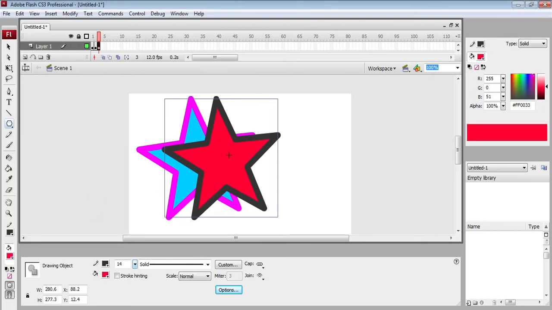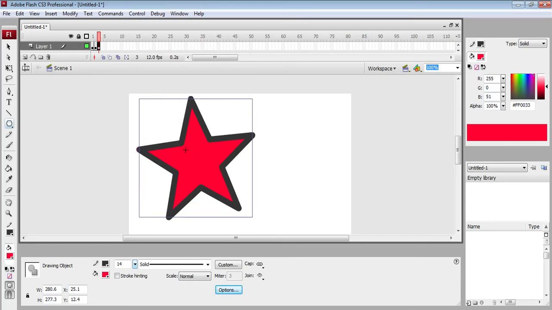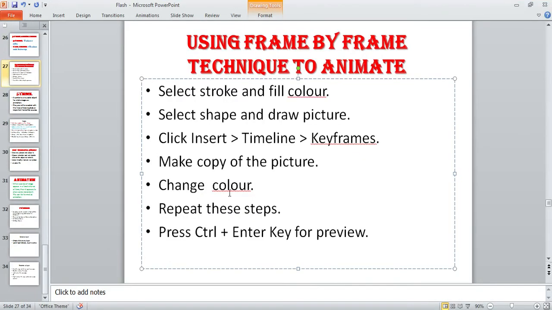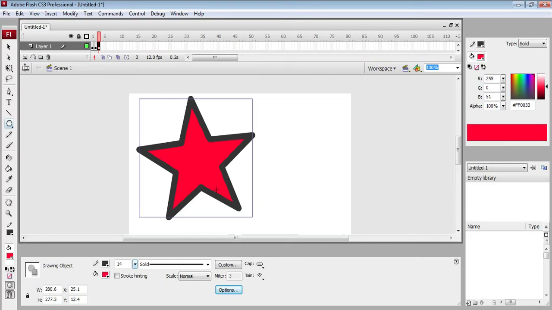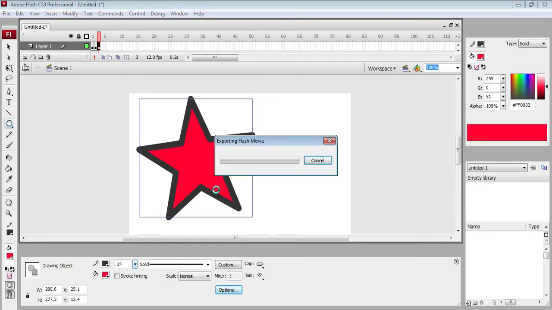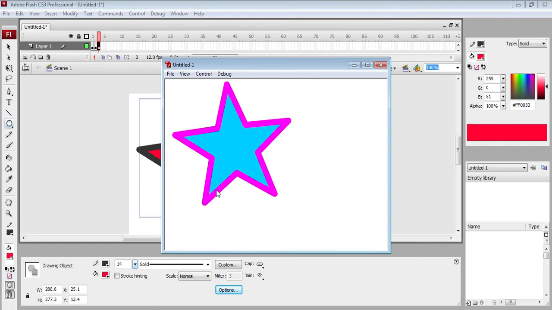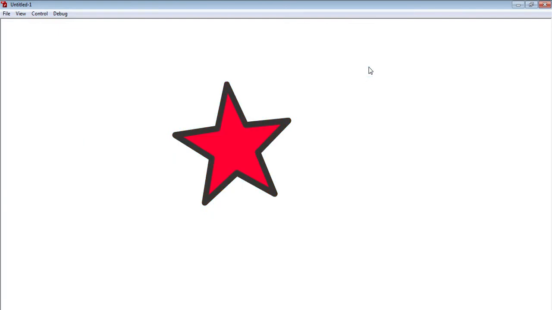Okay, and also now we have to arrange these pictures by using Alt and Control key. By using Control key we can shift these pictures to their proper location. Now as in the pictures you have seen, repeat this step according to our need, then we can use Control plus Enter key to preview the animation. So I am going to press Control plus Enter key, and you can see the changes. It will take a few seconds, then you can see our animation is created on the screen. You can see this animation we had created. So like this you have to complete this one.